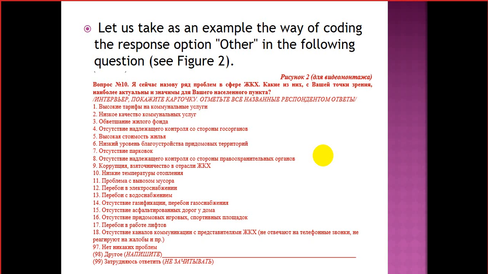At the end of the question answers, you see code 97, there are no problems at all. Code 98, other, write in. Code 99, difficult to answer. 97, 98, 99, these are the codings. Okay? So, as you see on your screen, when answering the question,